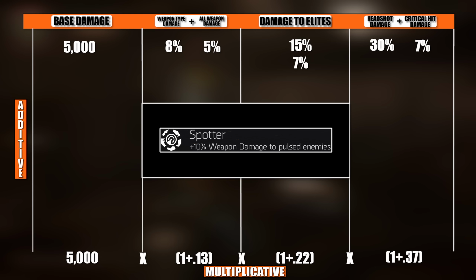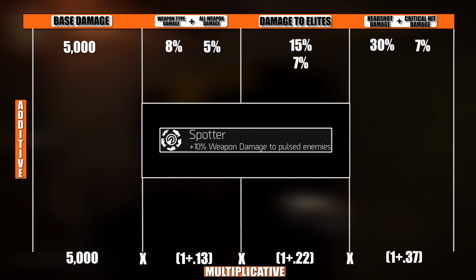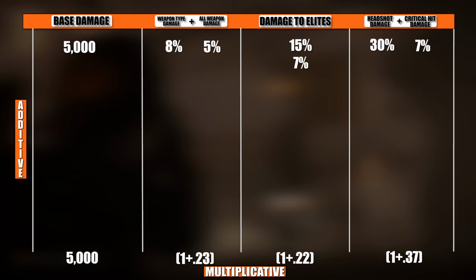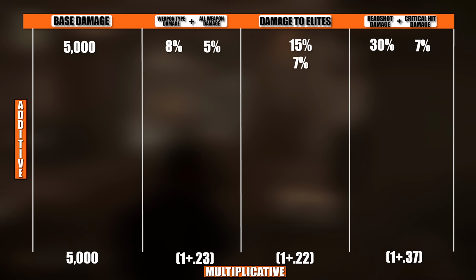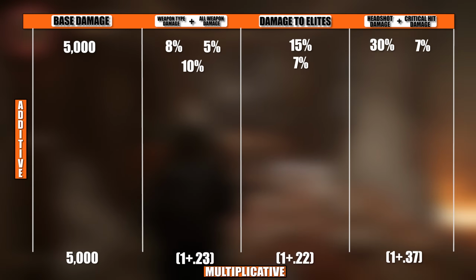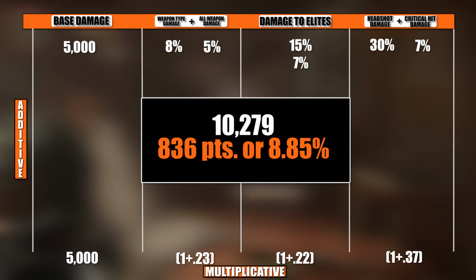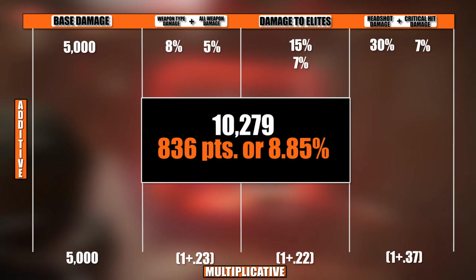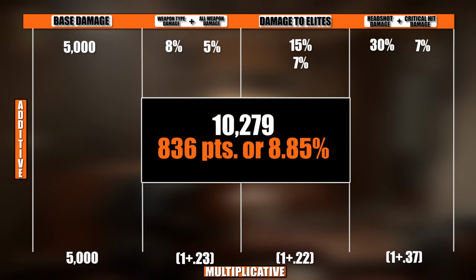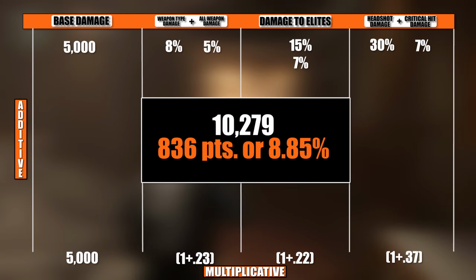Just to show you the difference in additive and multiplicative, let's remove Spotter as multiplicative and add it under the weapon damage, all weapon damage category, and therefore make it an additive bonus. Doing the math very quickly for you, the total potential damage falls to 10,279 if we move Spotter to additive versus multiplicative. The damage increase has fallen to a gain of just 836 points, or an 8.85% gain for Spotter